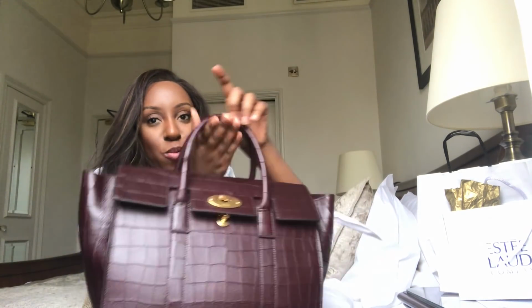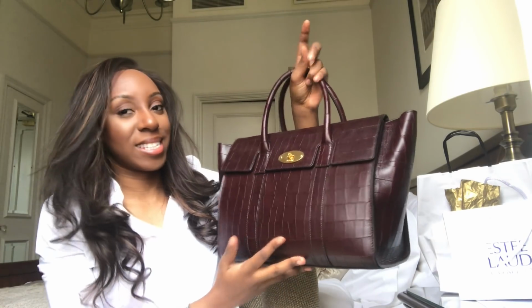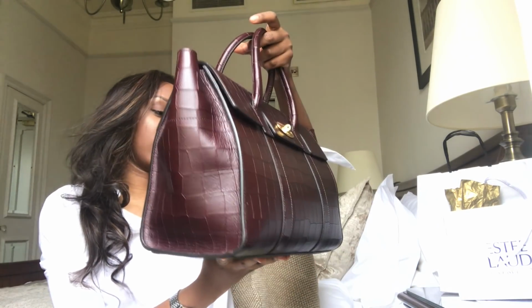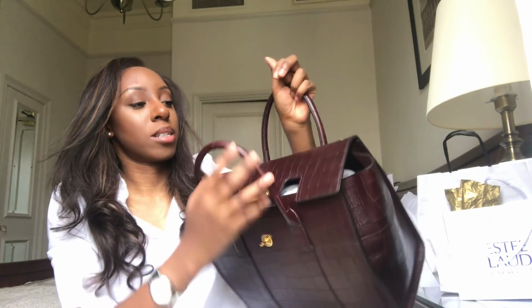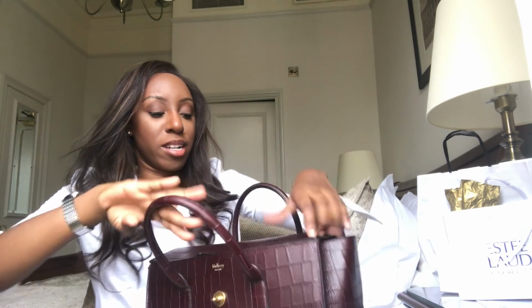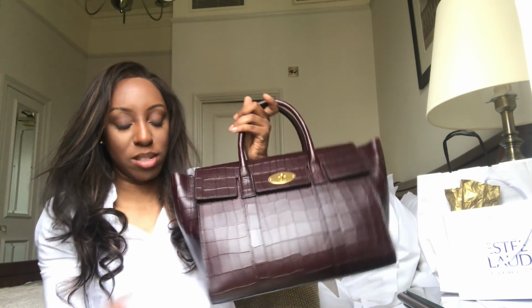And it features the wings, which is part of the new design. I believe the creative director for this was somebody from Celine, so looks like that. And at the back it was £895, which is, I believe, the Bicester Village price. I'm not sure what it retails for normally, probably about the same, but it's in this croc print. And yeah, it just looks like that on the inside. Loads of stuffing, which I'll leave in for now because I'm going to transport this home. But yeah, this is my new birthday present to myself, which I will be rocking today with